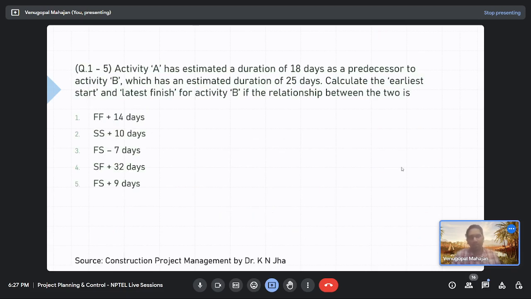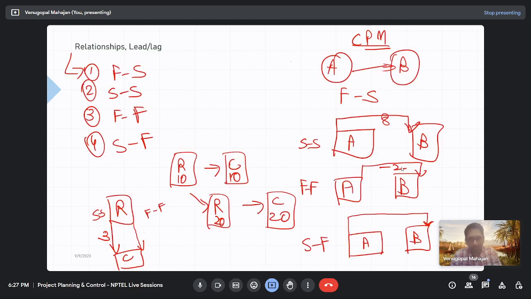Okay. Sorry to interrupt, but is there any example in construction, particularly for the start to finish relationship? No, I don't think so. From the construction phase, hmm, no, there won't be any example. I have not come across any example from the construction phase. It has always been the handover or decommissioning phase. Okay, sir. Yeah, but it is a kind of relationship, so we will be studying it.